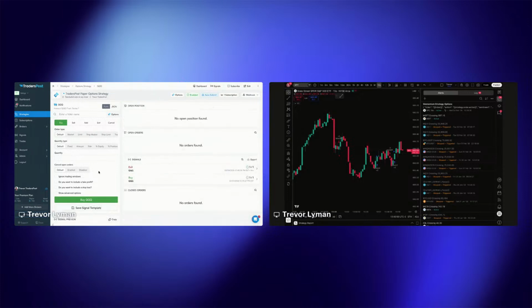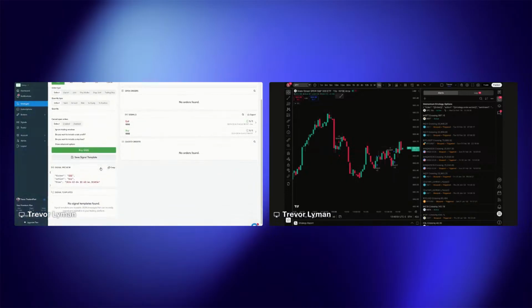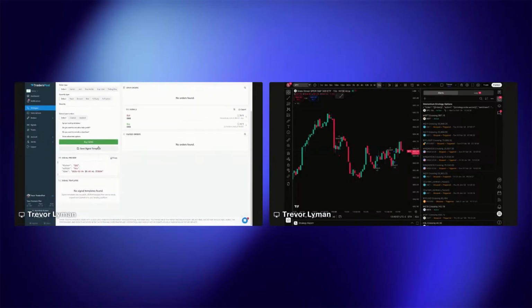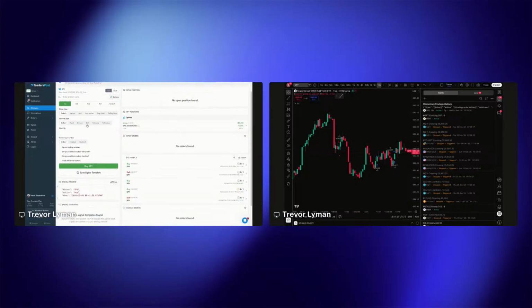Cool. So what I was saying before is there is a feature where you can create JSON signal templates. So if you wanted to add a bracket order for a broker that supported it, and you wanted to include that in your actual JSON, instead of having to figure that out using our documentation or asking the AI chatbot, you can come in here. And what we're going to do is let's just do SPY again. You can create JSON templates,